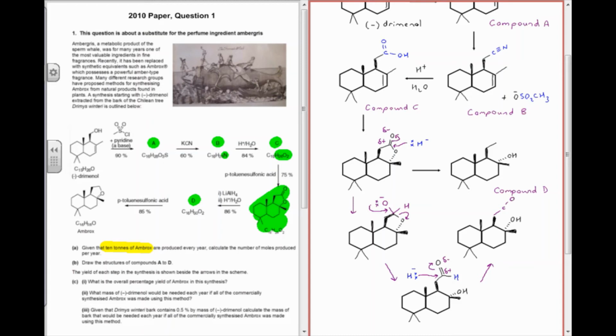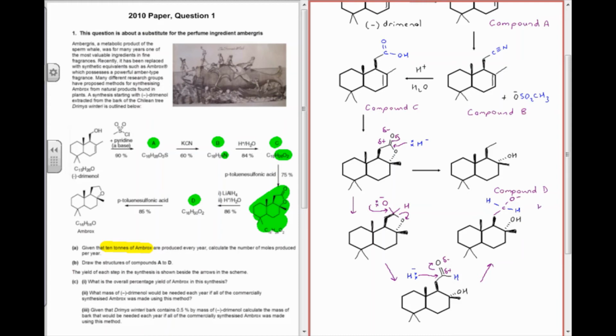We've got the oxygen with a negative charge, and then we've got the hydrogen we've just added and the hydrogen we added previously. Now in this case, the tetrahedral intermediate, there isn't a good leaving group on that carbon, and so